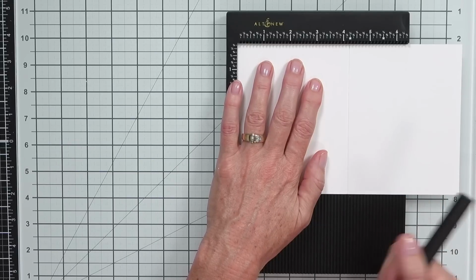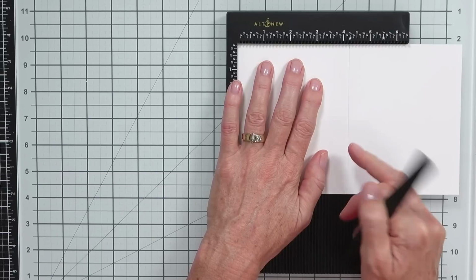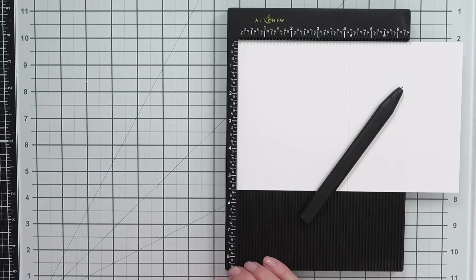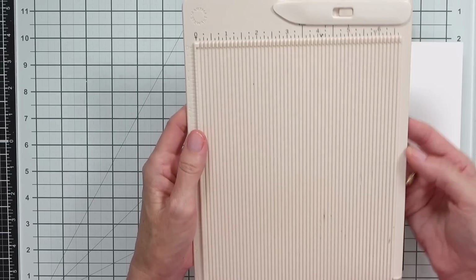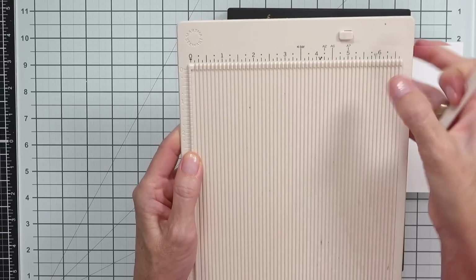This is the Altenew version of a score tool. I also have an older one from Martha Stewart, which has been, let me show you. So I've had this one for so many years. I don't know if you can see, I've used it. This is a version of the bone folder. You can see